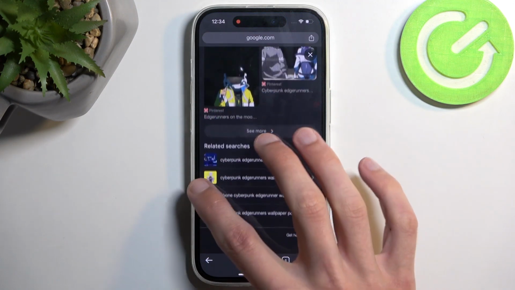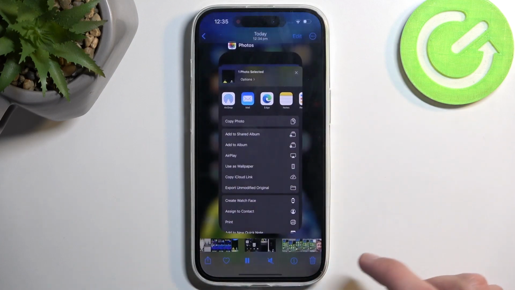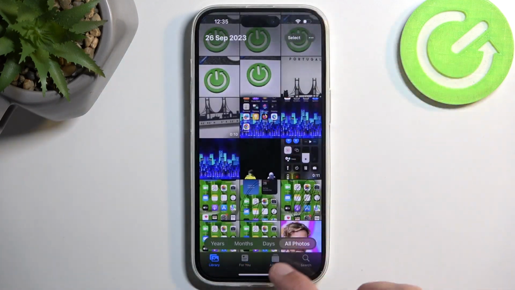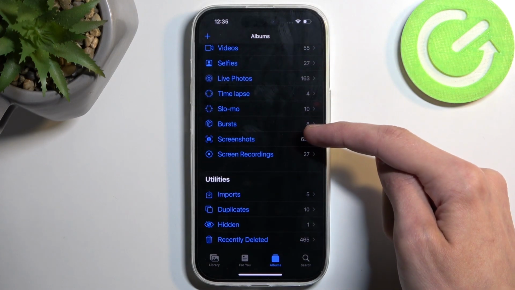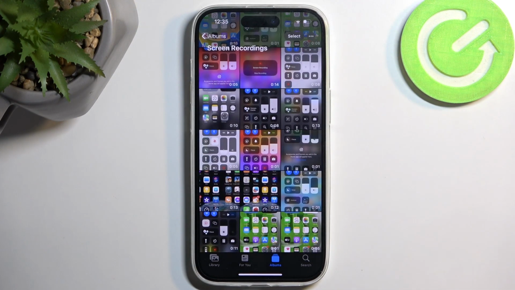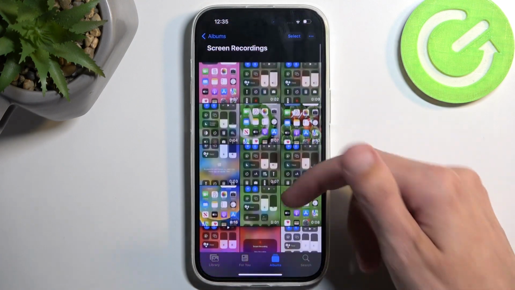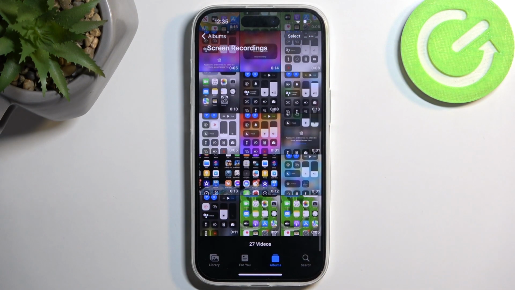Now, with that being said, you can also find your screen recordings possibly a little bit easier by going into your albums and scrolling down, and here you'll find screenshots and also screen recordings. And when you click on it, obviously this will contain just your screen recordings that you have captured over the